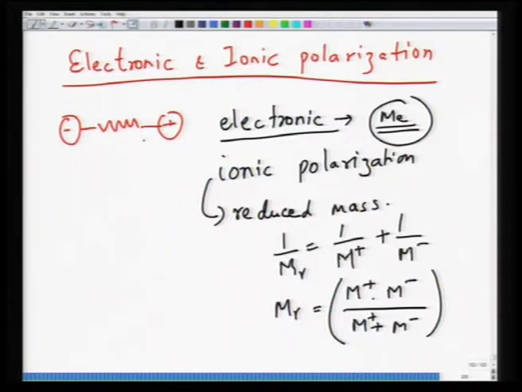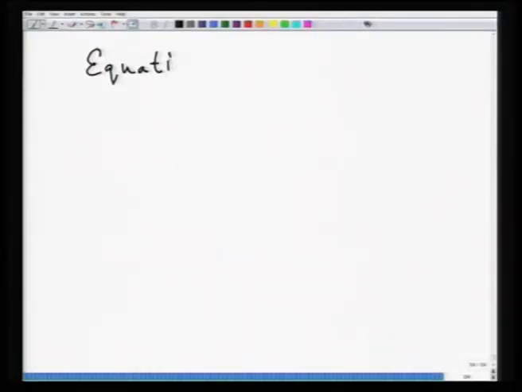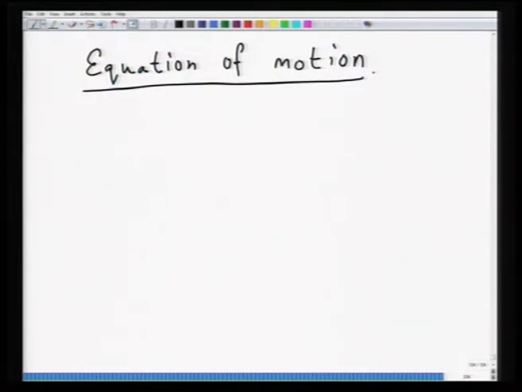So, consider this is a linear harmonic oscillator, where two charges, or centers of two charges, negative and positive, are connected by a linear spring. If they behave like a linear harmonic oscillator, they follow what is called the equation of motion. This equation of motion describes the oscillating system driven by a sinusoidal force. When you apply a sinusoidal field to it, this can be written as: this is the applied field, q_i E, let us say.